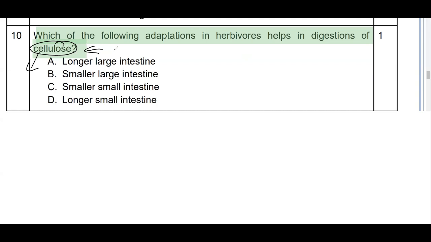So only ruminants are able to digest cellulose because they have a longer small intestine. Is it longer or larger? Okay, fine. So a ruminant has a much longer small intestine than a human being. In fact, the carnivorous animal has the shortest small intestine because they eat meat, which is a simple sugar in comparison to cellulose. As I said, cellulose is a very complex carbohydrate, and therefore it's difficult to digest, and that's why they need